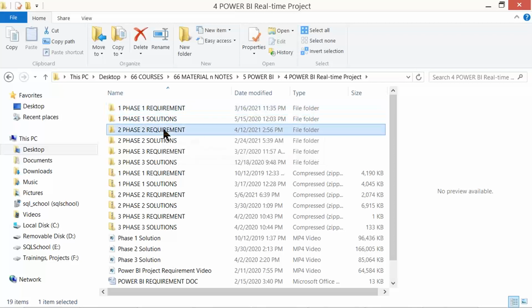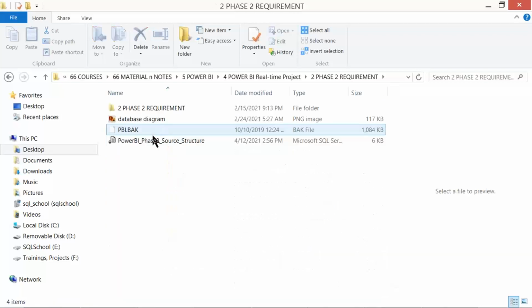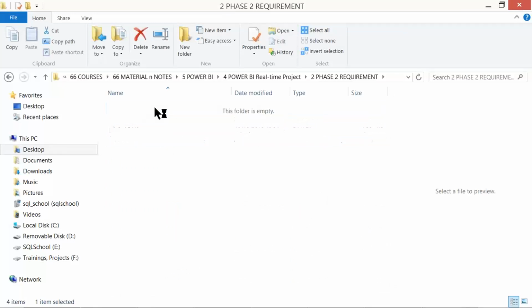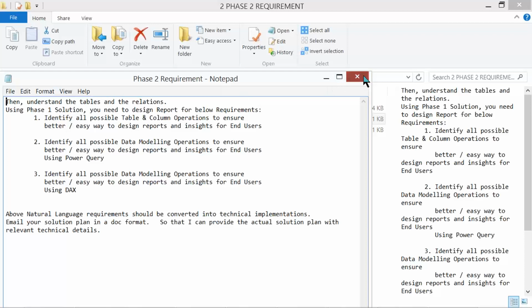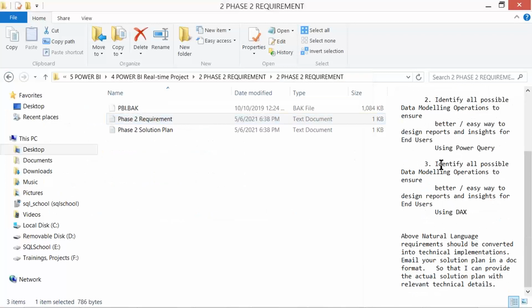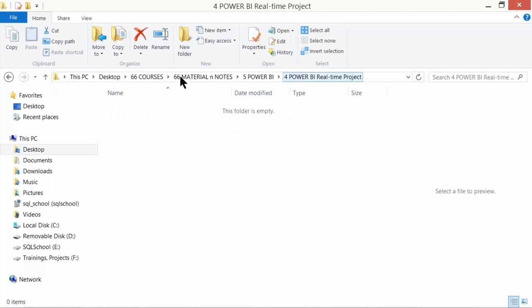Phase 2 is more into natural language activities. You will be given the requirement in a customer language format, no screens, no pictorial representation, just natural language, and how we get it into a technical solution plan and implement it.